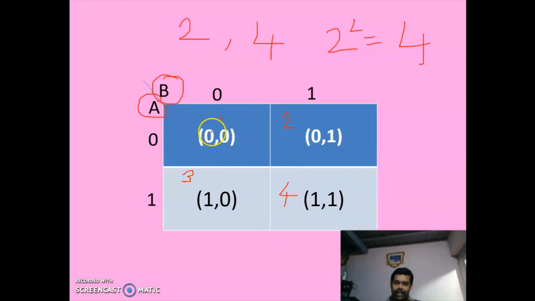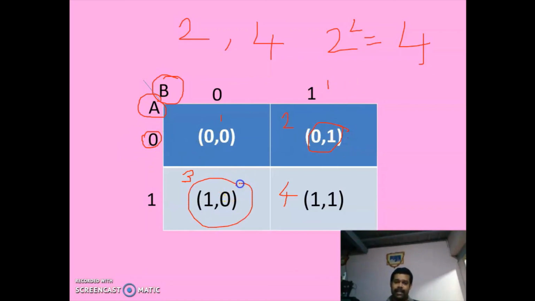The value of each cell is the value of its row into its column. So 0, 0; 0, 1; 1, 0; 1, 1.